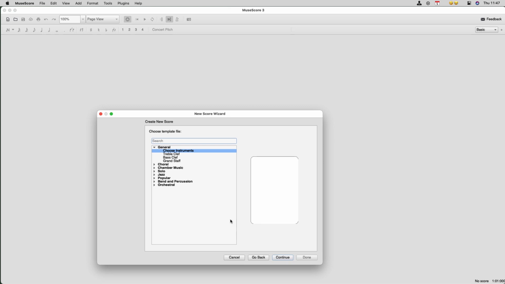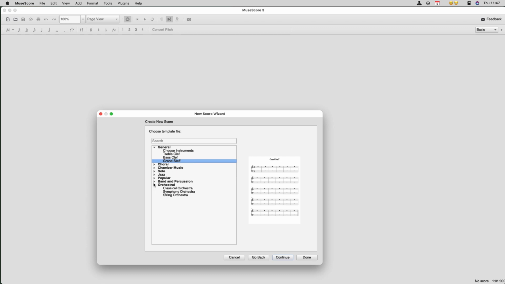So treble clef, bass clef, grand staff. If you remember from our classes already, treble clef are the higher notes, bass clef are the lower notes, and then you can have a grand staff which has both the bass clef and the treble clef put together. But as you get into it, you can start to see all these different